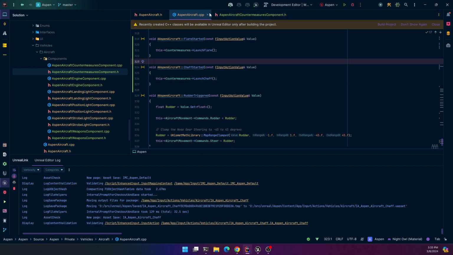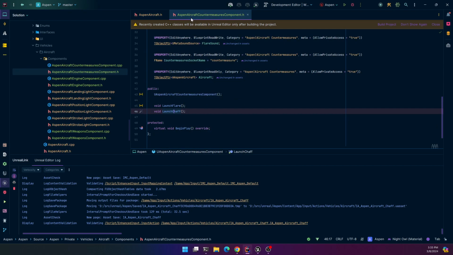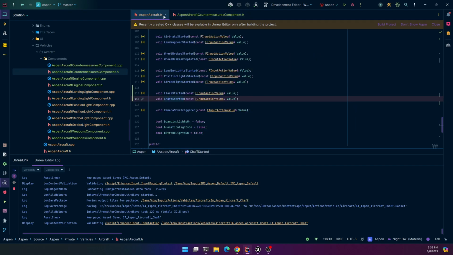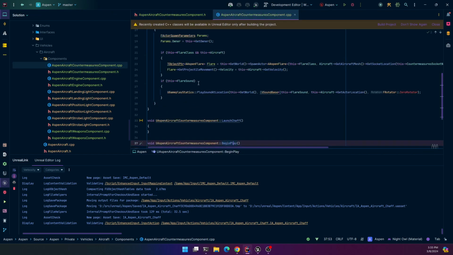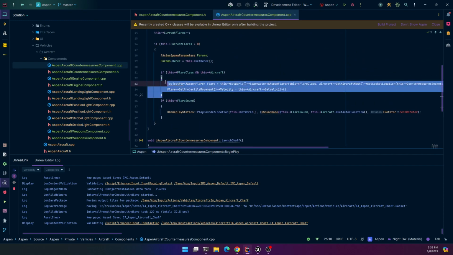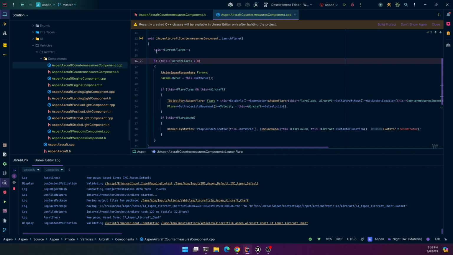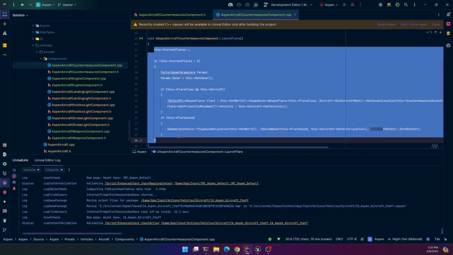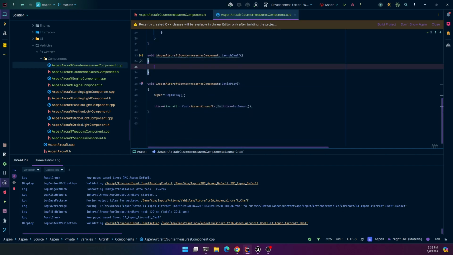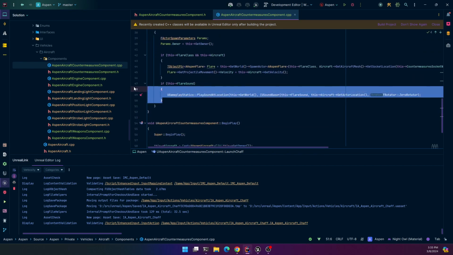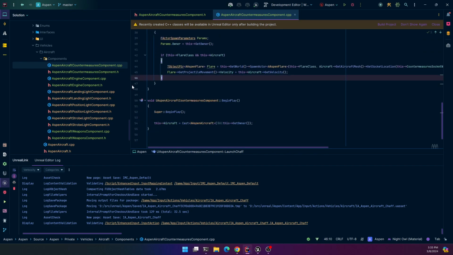Chaff method. And in my countermeasures cpp file, I'm basically going to do this exact same thing that I'm doing here, except I'm not going to have a sound. There's not really a sound, I don't think, when a chaff launches. For this,